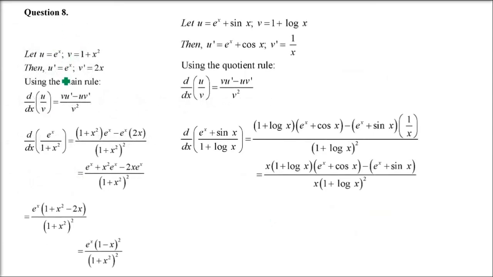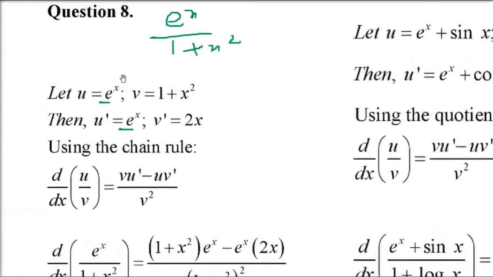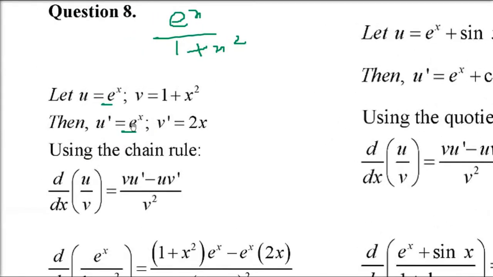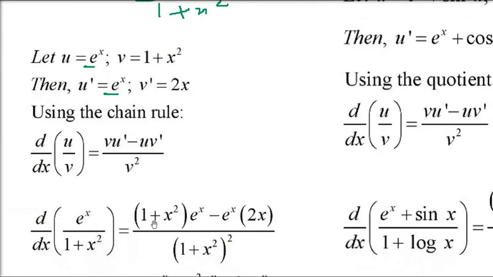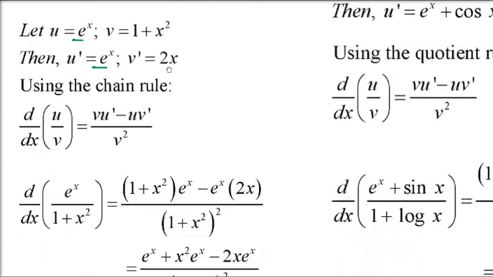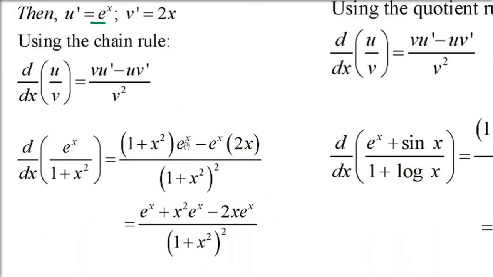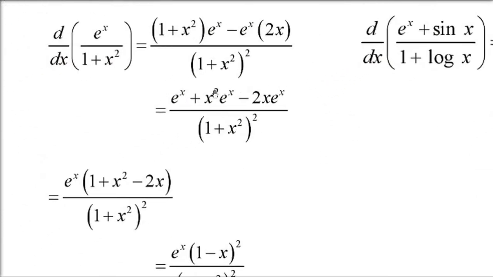This is question number 8. Since we have already done a question like this, I'll just tell you here only. This is e raised x by 1 plus x². So differentiation of e^x is e^x. Differentiation of 1 plus x² is what? 1 is 0, x² is 2x. So you have to multiply. Okay. (1 plus x²) into e^x and e^x into 2x. So you have to do v squared in the denominator. When you do this, just multiply: e^x into (1 plus x²) and e^x into 2x.